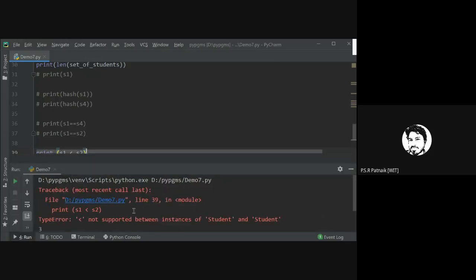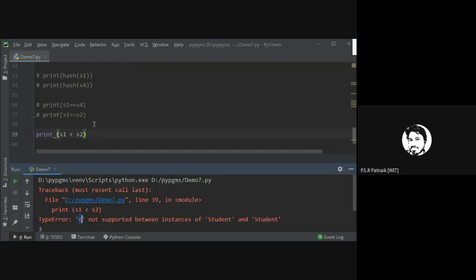What you get is an error saying you have not defined how two objects will compare. If it is integers, that's fine, you know what natural ordering is. So I will randomly take two students from your class, for example Darshan and Sumit, and I ask the class to compare Darshan with Sumit.